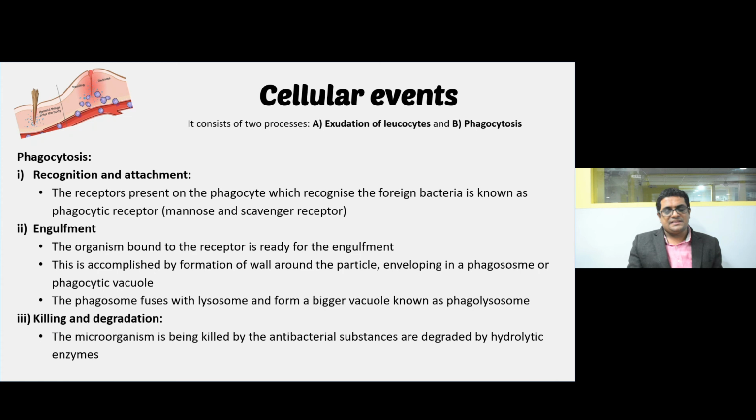Phagocytosis means the cell eating. It engulfs the foreign particle, in which the recognition and the attachment is the first step. In this, the receptor present on the phagocyte which recognizes the foreign bacteria is known as the phagocytic receptor. Second phase is engulfment by these phagocytes. The organism bound to the receptor is